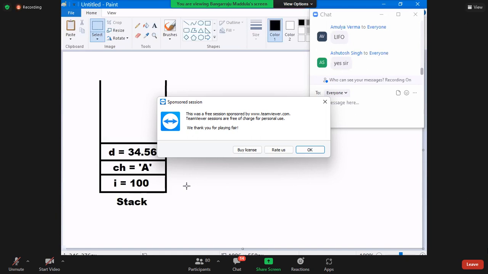But once the allocation is completed, that cannot be increased or decreased again. That's not possible. For example,